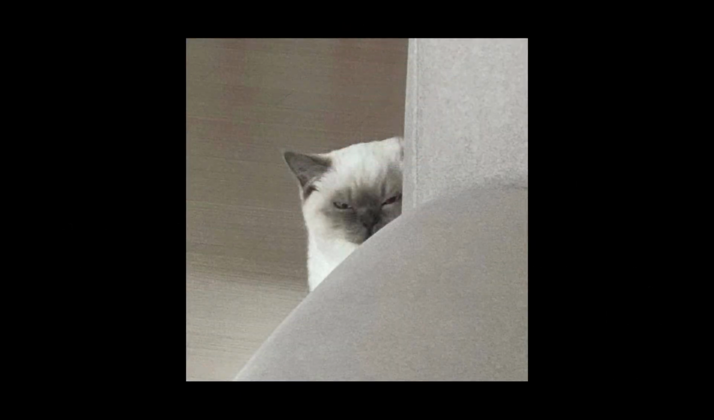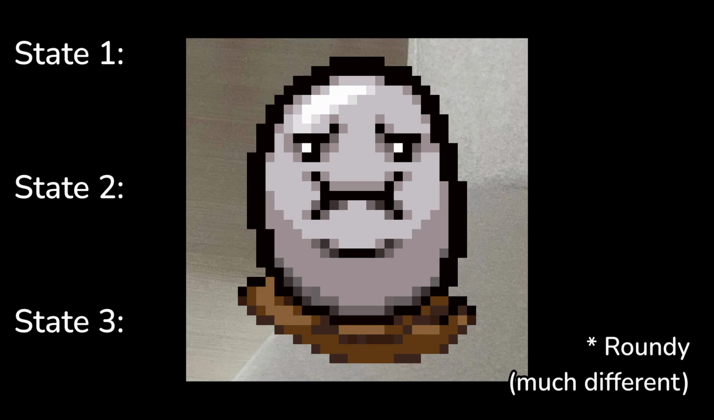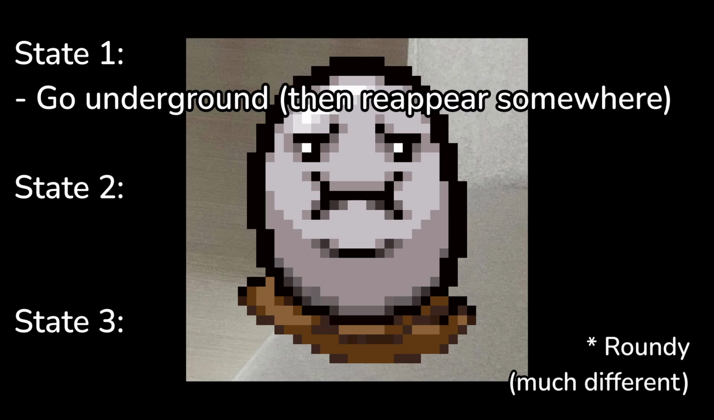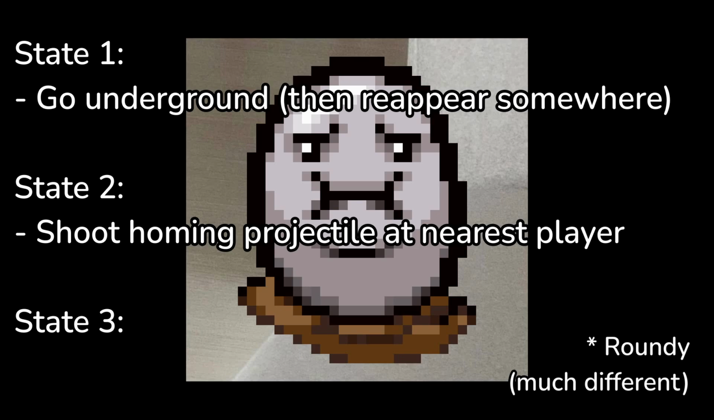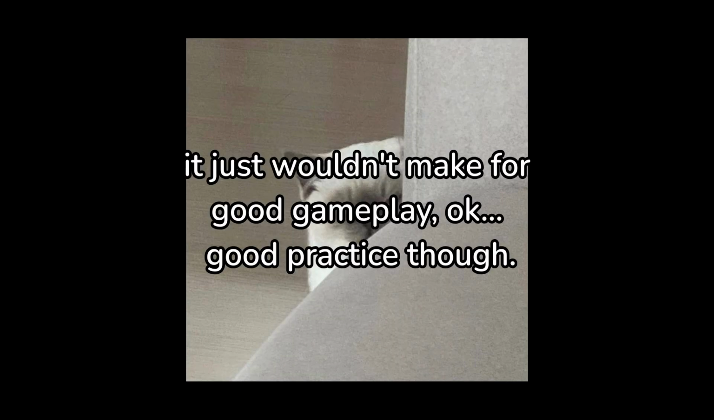We split up our enemy's behavior into any number of states, and switch between the states in reaction to things happening. Today, I'm going to be making an enemy based on roundworms. It has three states. The first state will have the enemy go underground, and then reappear at a random position in the room. The second state will have it shoot a homing tear at the nearest target. And finally, the third state will have it create a rock shockwave on top of itself, causing it to hurt enemies and players around it, and to die because this is a stupid enemy idea and it should be rid